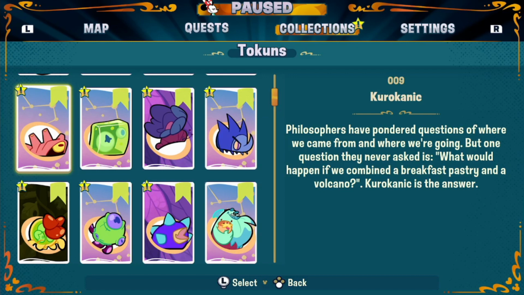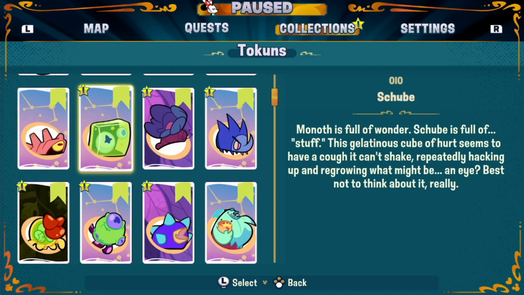Philosophers have pondered questions of where we came from and where we're going, but there's one question they never ask: what happens if we combine the breakfast pastry and a volcano? Kurokanic is the answer. So it's kind of crossed with a volcano then, huh? And then we have Shub. Despite looking more like Jello, it's called Shub, and funnily enough,